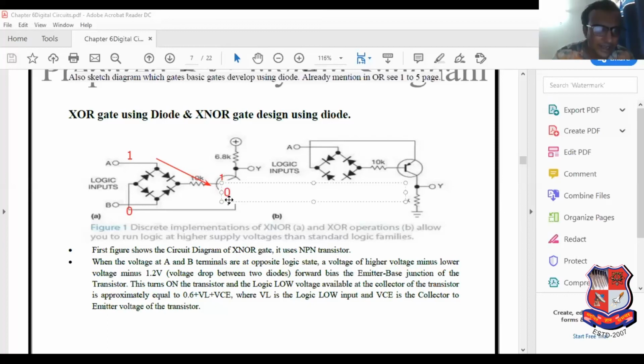Here we will not get 1, here we will get 0. So the complement of 0 will be 1. Again repeat, here 0 volt can be applied to this diode, and here we also get 0 volt. We cannot get 1 volt here. So the applied voltage is 0 volt, so the output is 1. So see this, two different inputs, the output is 1. So it is known as XOR gate.